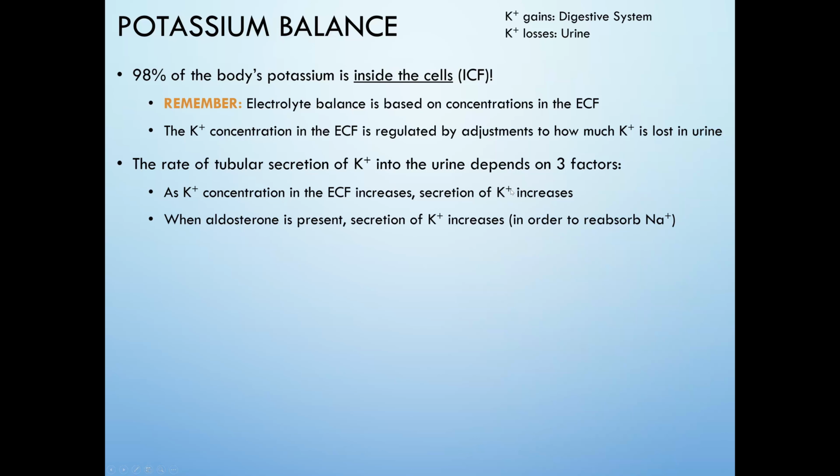When aldosterone is present, the secretion of potassium also increases because remember, aldosterone causes you to reabsorb sodium, but in order to do so, a sodium ion is exchanged for a potassium ion, so therefore potassium would be lost in the urine. And when the pH of the ECF decreases, the secretion of potassium into the urine decreases, and this